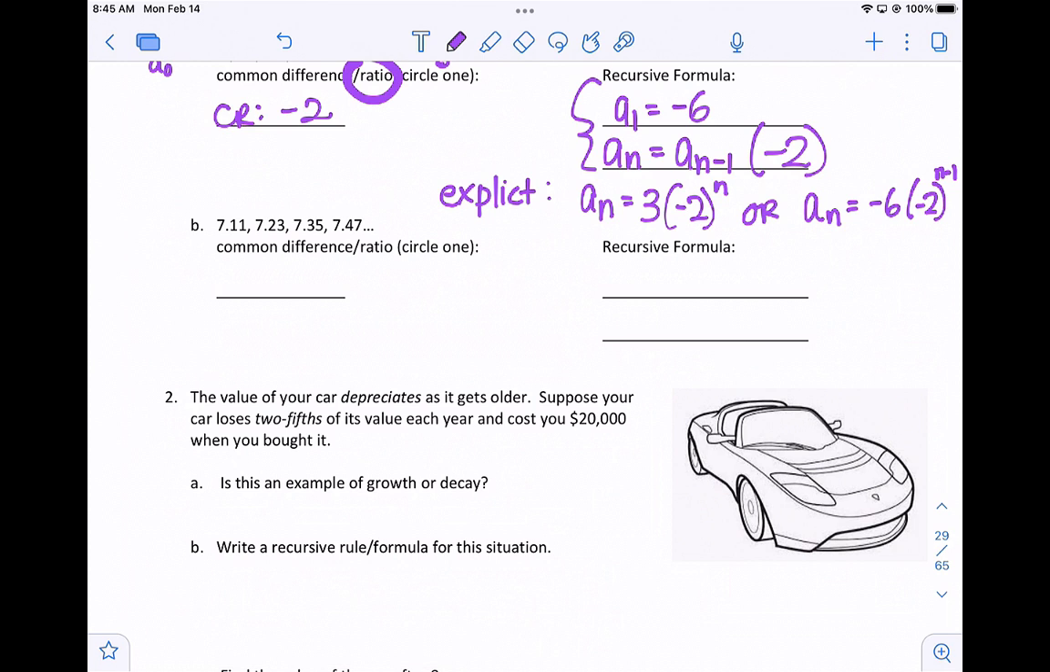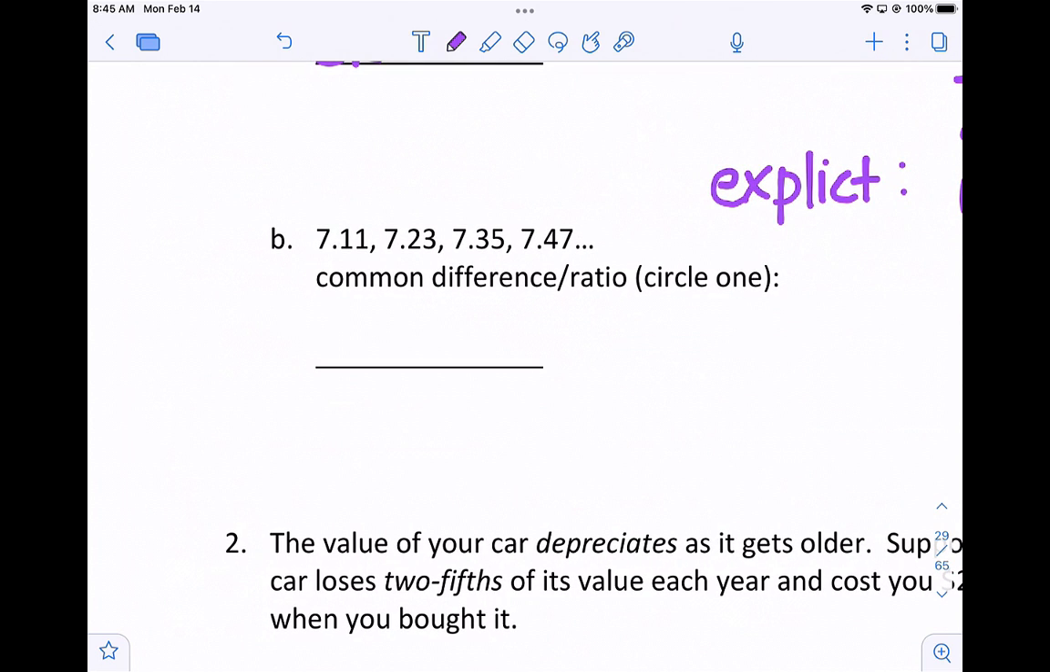The next one, I'm going to guess is arithmetic. So to find the common difference, you just take any number and subtract the one before it. So if I take 7.23, and I just have my calculator right here, and subtract 7.11, I get a common difference of 0.12. I'm just going to test it a few more times to see if it's true for all the terms. So I do 7.35 minus 7.23, I get 0.12 again, and 7.47 minus 7.35, I get 0.12 again. So here's a common difference,